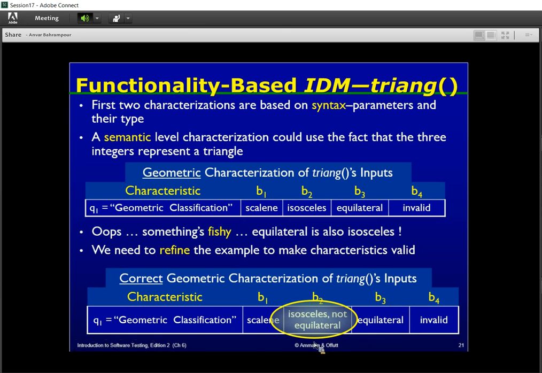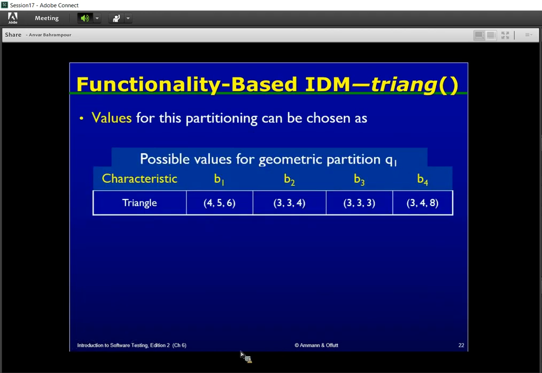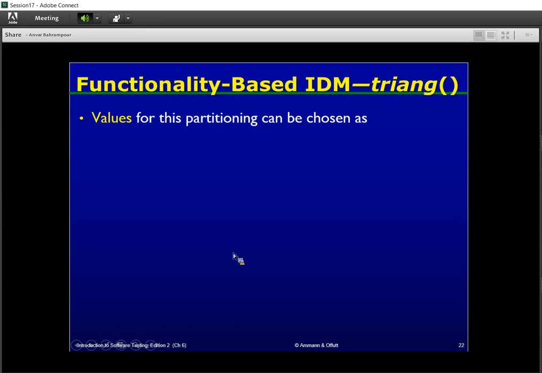And for making a test value, we simply use a sample or an instance of value of each block. For example, you will see in this slide,